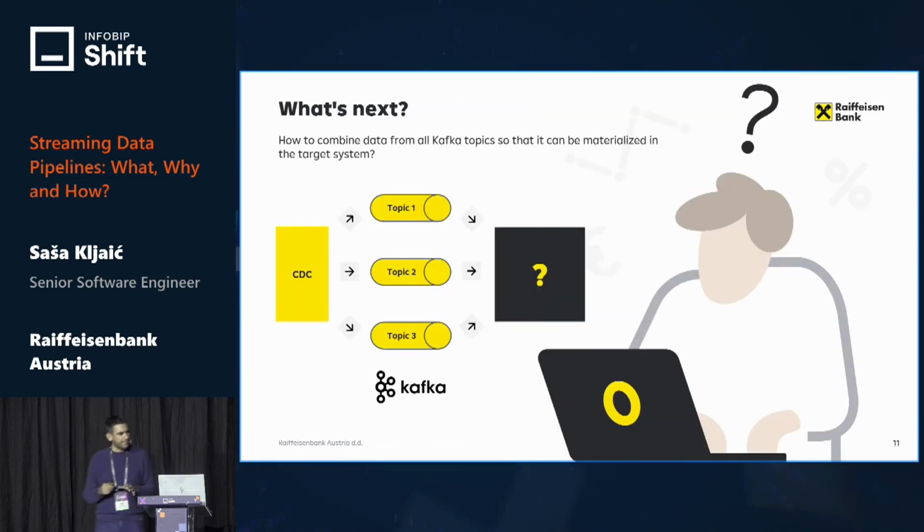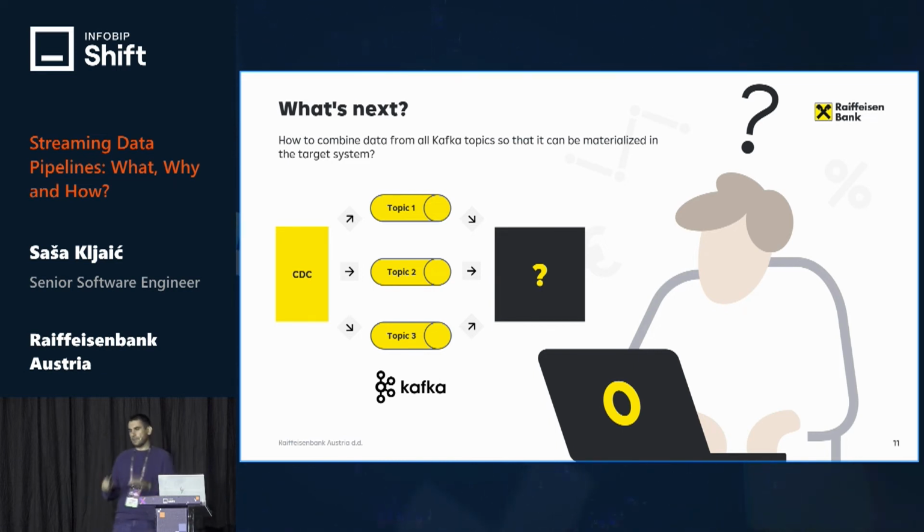So now we have data change events propagated to Kafka topics. And data change events from each table in the database are propagated to separate Kafka topics. But the database model is usually completely different than the target model. So how do we combine this data from separate Kafka topics so that it can be materialized by the target